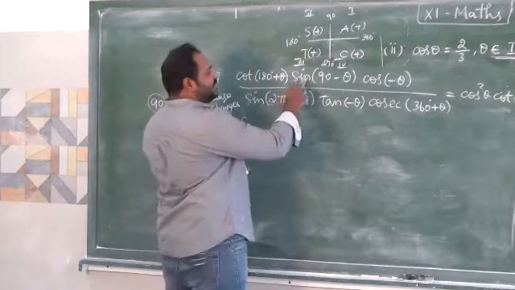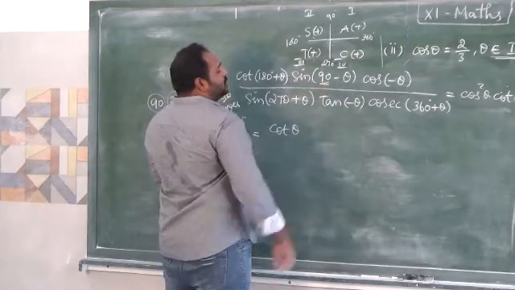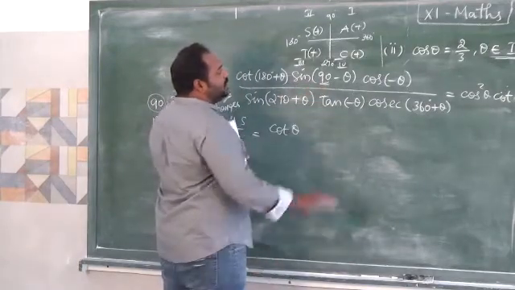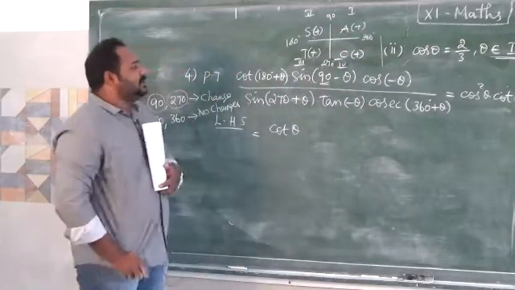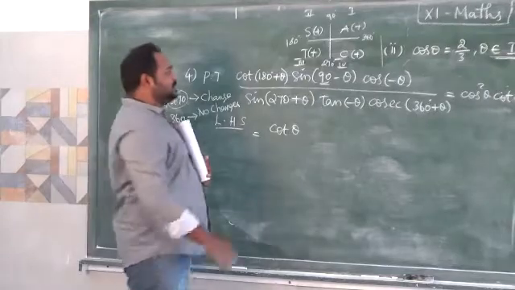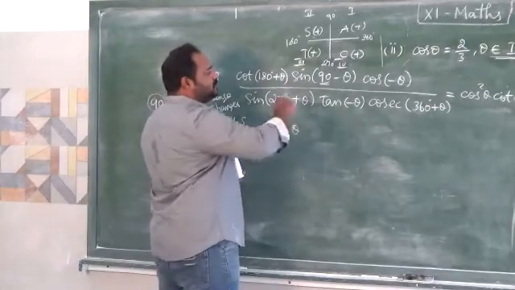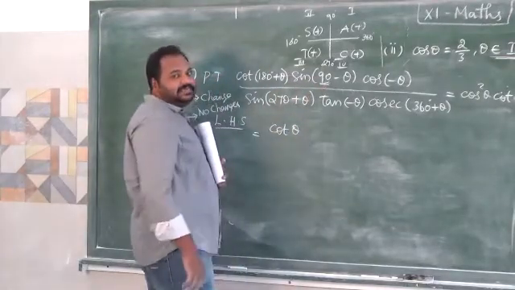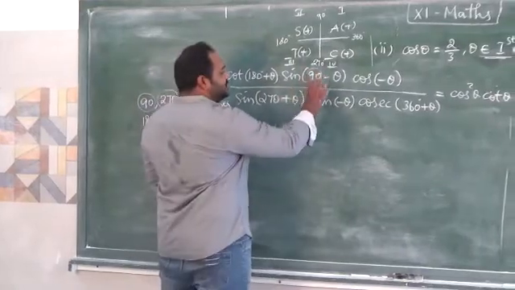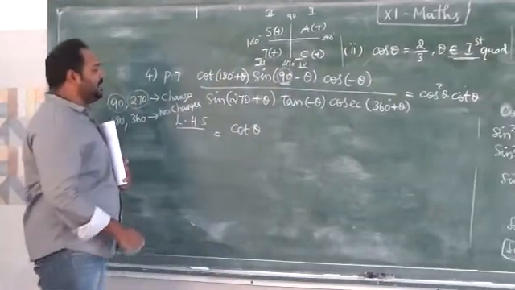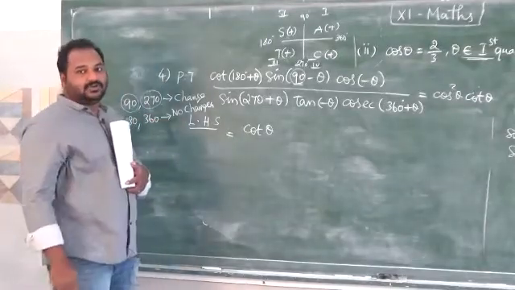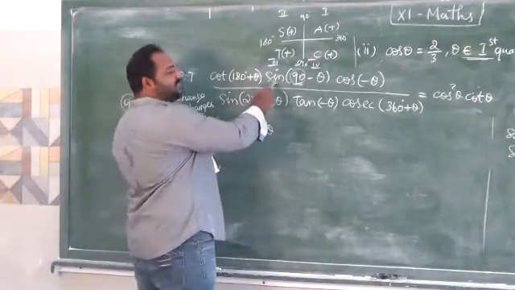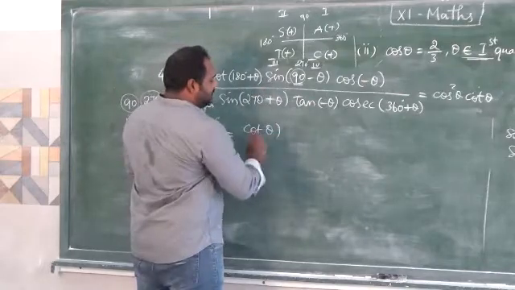Next, sin 90 minus theta. I told you, first check the quadrant. It lies in the first quadrant. All are positive, so there is no change in the sign here. Next, go to the bracket, 90 minus theta. As soon as you see the value 90 or 270, immediately you have to remember that we have to change the co-ratio. What is the co-ratio of sine? It is cos theta.